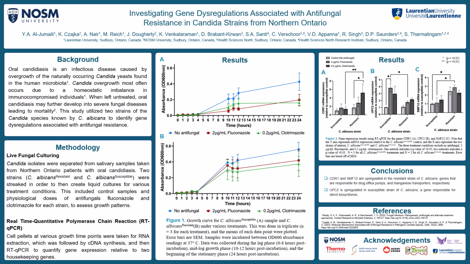Moving on to our qPCR results, we see that CDR1 was significantly upregulated in the resistant strain in the fluconazole condition when compared to the susceptible strain. Since CDR1 is an ABC transporter, which stands for ATP binding cassette, this finding may explain a mechanism of drug evasion as resistance. Having more drug efflux pumps, such as CDR1, can give the cell increased resistance to drugs such as fluconazole, because there's more pumps working at once to rid the cell of the drug.